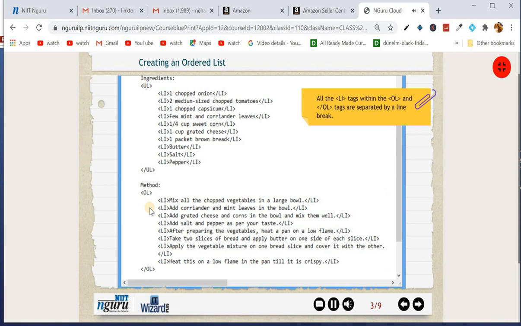By default, all the LI tags within the opening and closing OL tags are separated by a line break. Save the myrecipe.html file and view it in a browser.